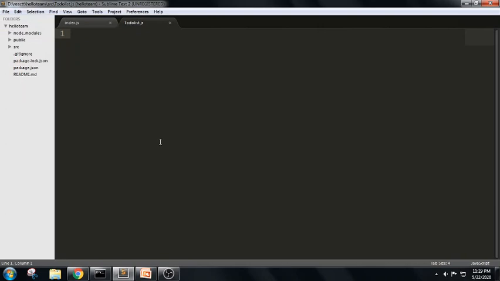So first thing, I should import React from React. In this I'm going to take a class component first. In order to create a class component, we write class followed by the class name, extends React.Component.